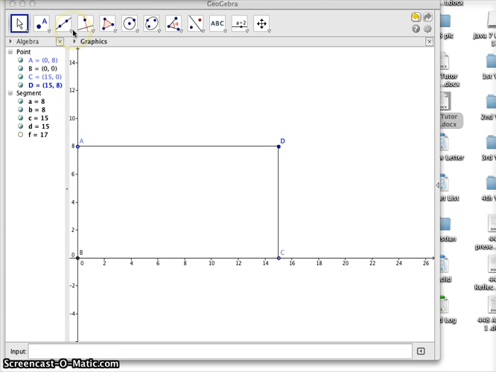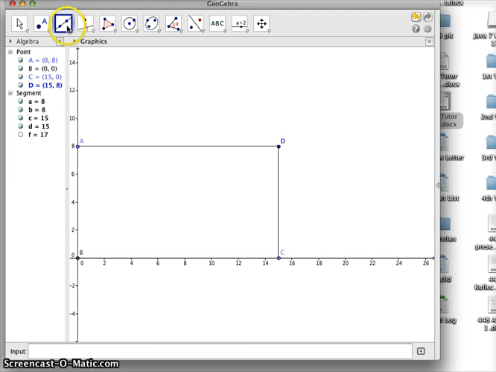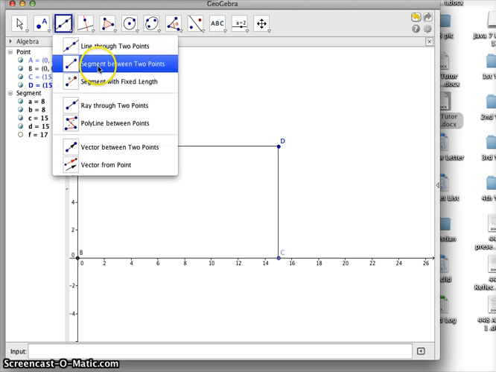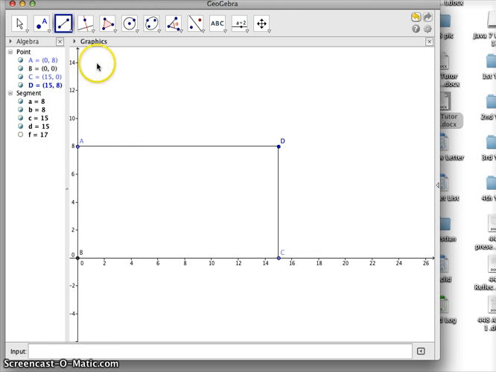And so when we want to find the distance of the tape, we can click up here and click on this segment between 2 points, and you can click either D to B or A to C, and these will both give you the same diagonal length. So when we click here and click C, this gives you the hypotenuse of either this triangle ADC or this triangle here ABC, and this will give you the exact length